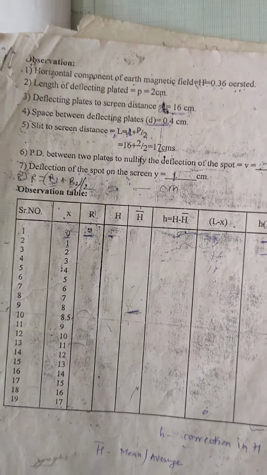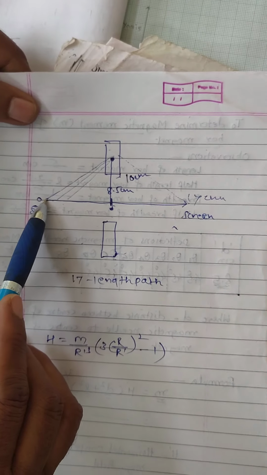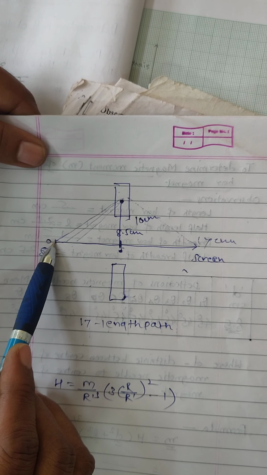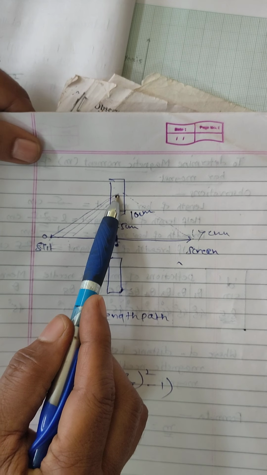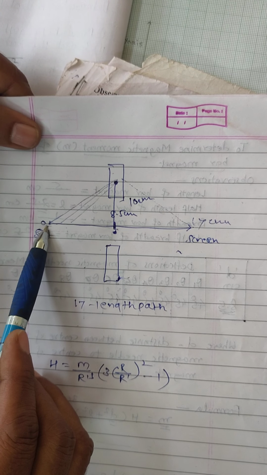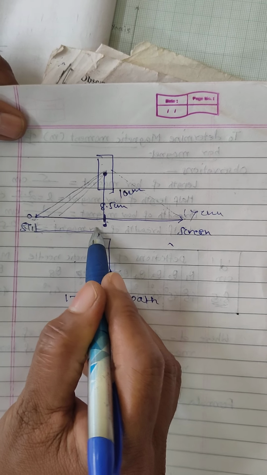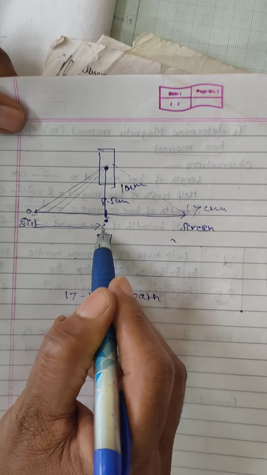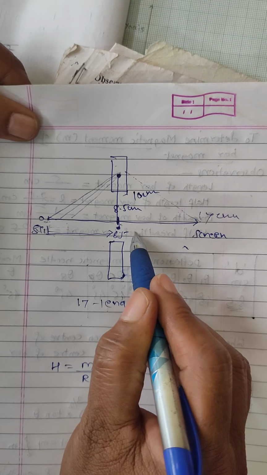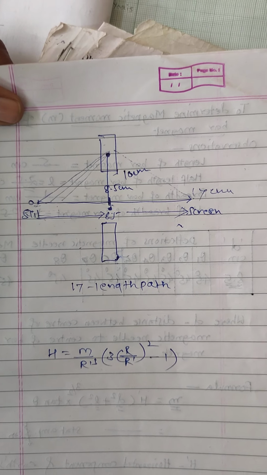Simply a hint will be given to you, as I have shown in this diagram, when the electron is at the longest distance, that is away from this central spot, that is R dash, the intensity of magnetic field will be minimum. It will go on increasing from left up to 8.5. It will be maximum at 8.5. Again it will decrease up to 17 over here. This is something you should know to verify your calculations if you are going in the correct way or not.